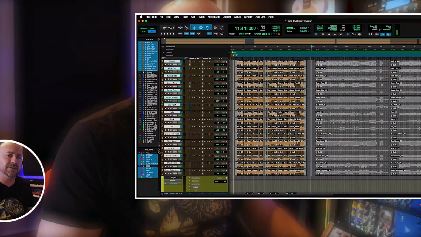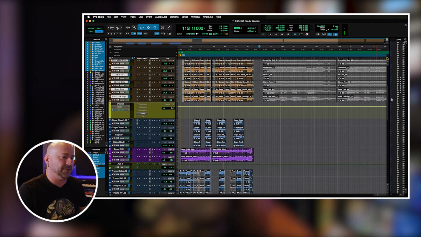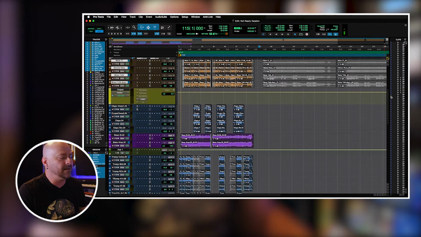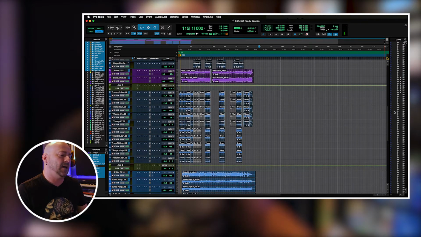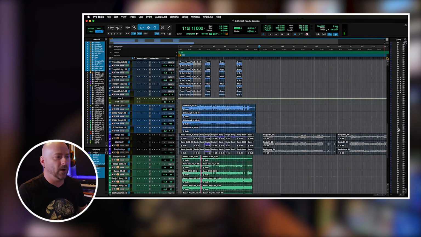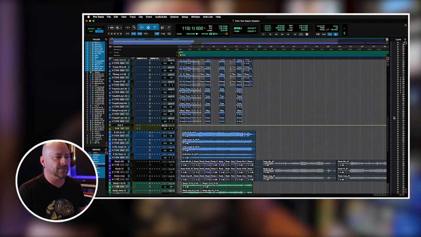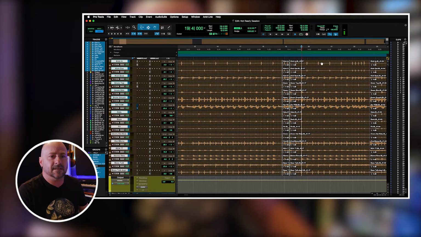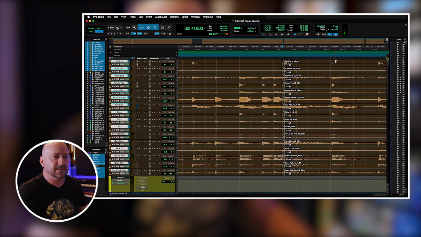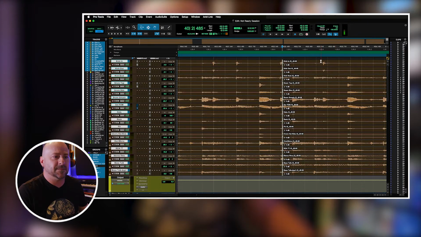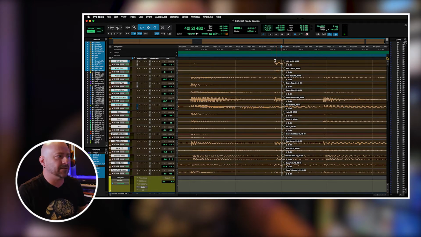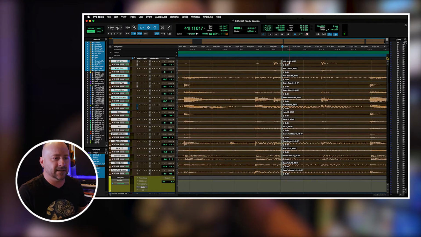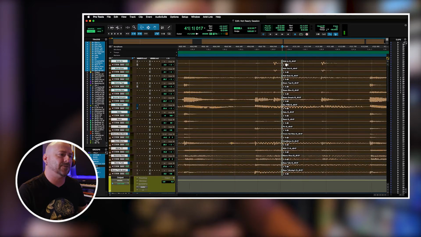So when I open a session like this, I've got a couple of red flags that jump out to me. First of all, I've got edit points all over the place, which in itself is not necessarily a bad thing, but it does put a big question mark on whether this is actually done or still in progress. So I usually take a quick look at these edits and make sure they're in good spots. And when I get in there, I start to realize that some of these edits are in pretty bad spots, okay? Here we've got an edit going across a kick drum, problematic. And then another edit here that's in a random spot. So right away, this is telling me